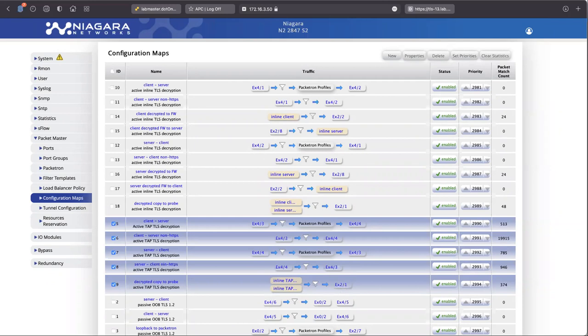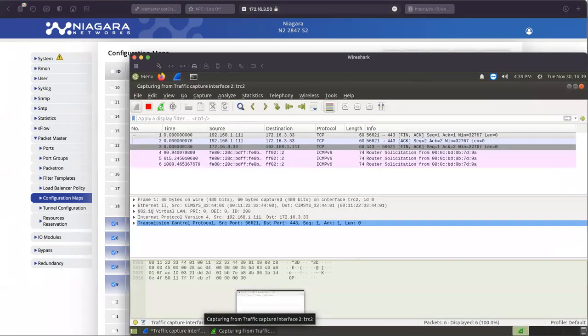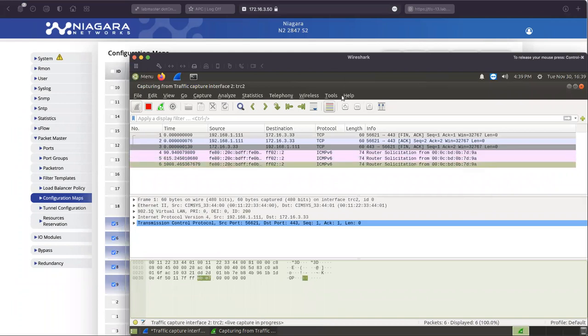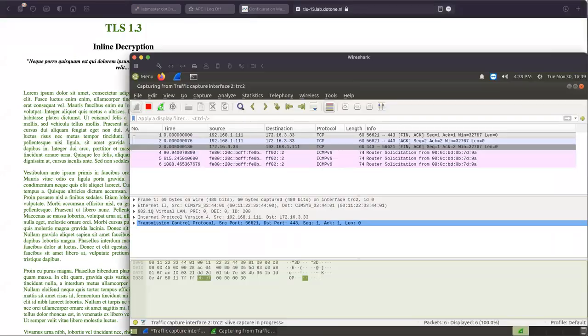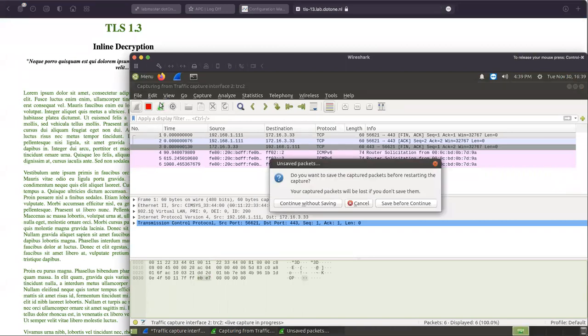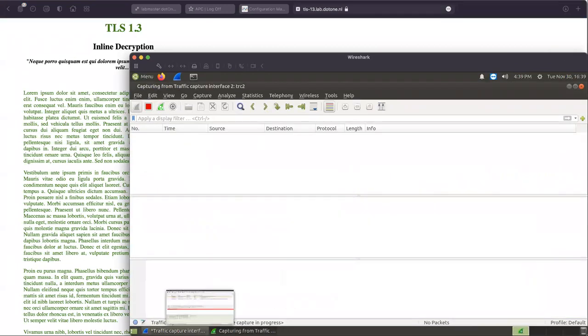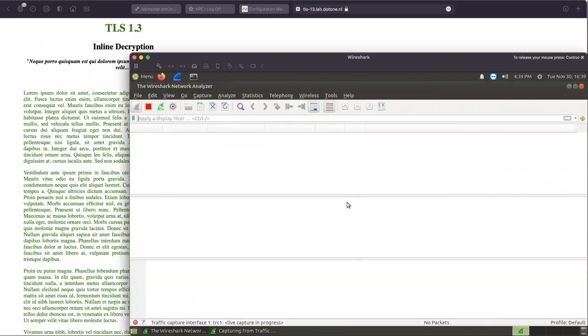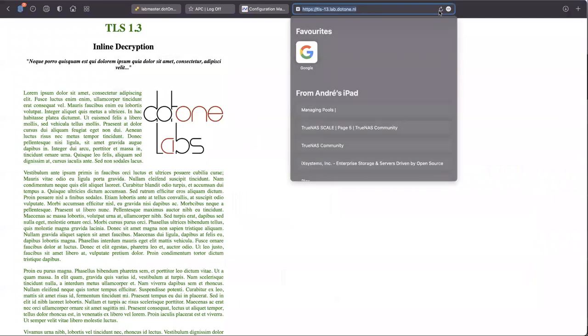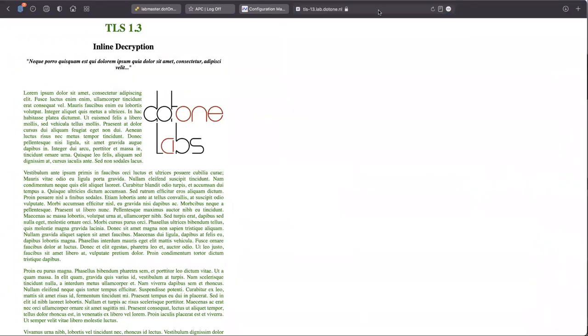If I look at my Wireshark, then I can see there is some traffic, but what I can do is just, let me make sure that, yes, so we continue with this one. Let's start this one as well, and just refresh my page. It should be able to, yes, there it is.